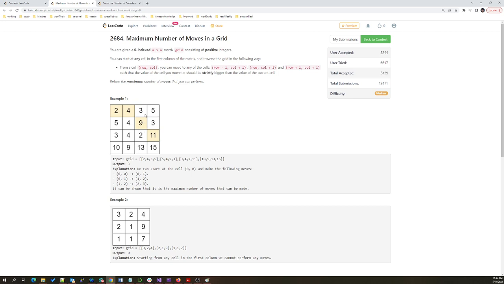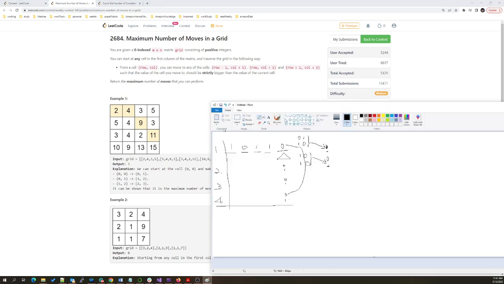And we also need the value of the cell we move to to be strictly bigger than the value of the current cell. So that means in the 3 potential cells, if any cell's value is strictly bigger than the current cell, then we can move to that cell. In this case, we want to get the maximum number of moves we can perform. For this problem, other than checking from the beginning to the end, we can check in the reverse direction. So what we can do here is,